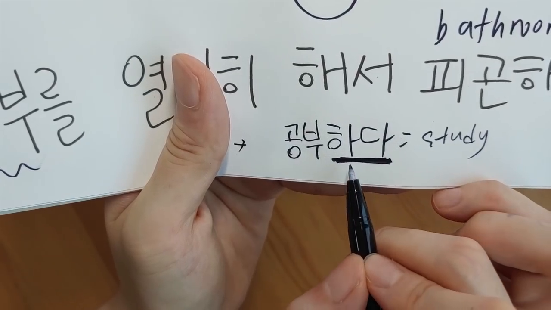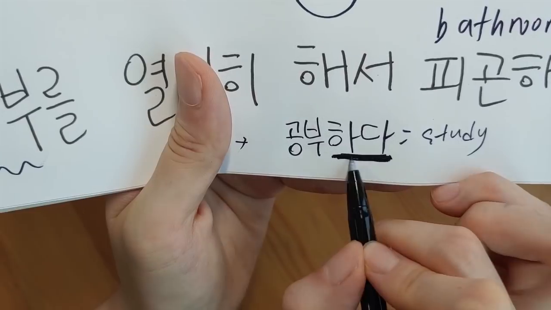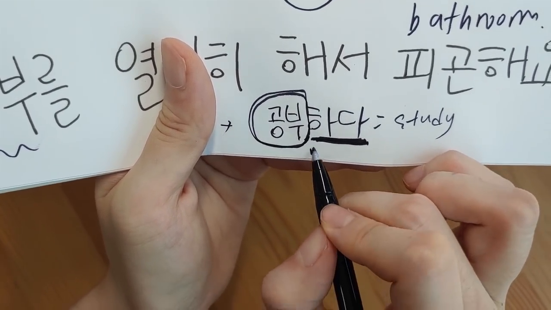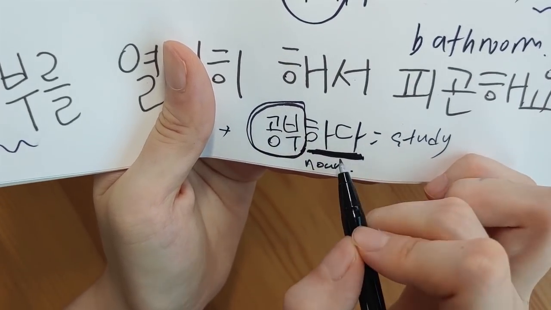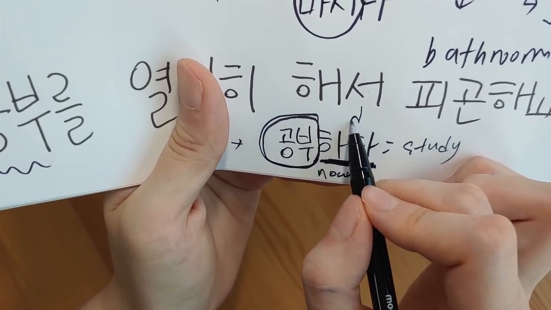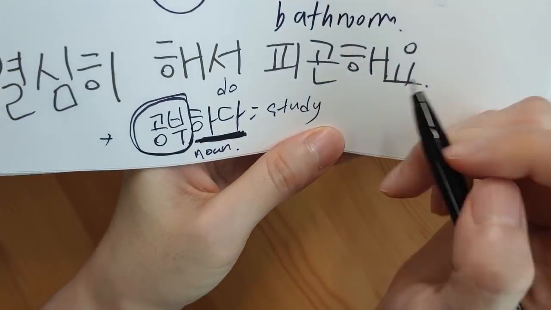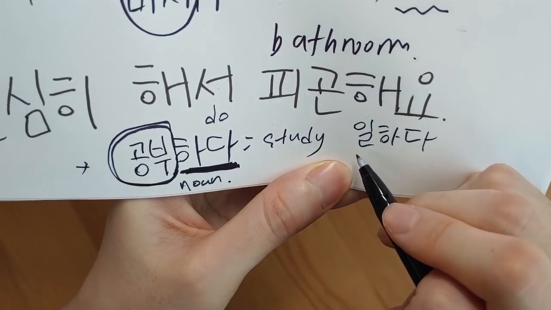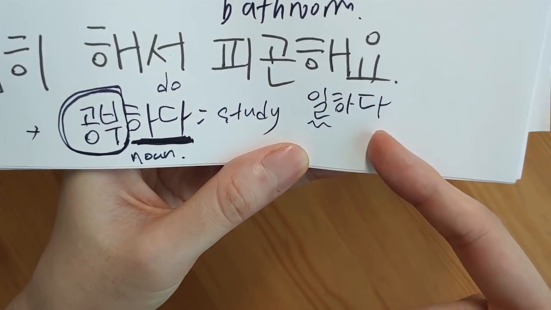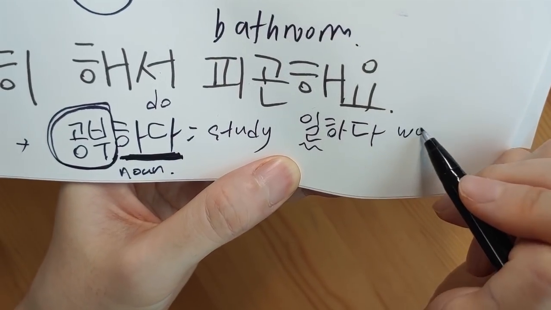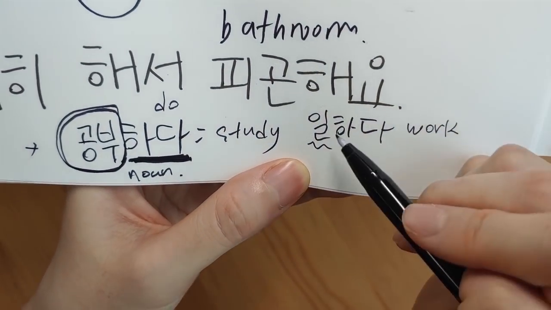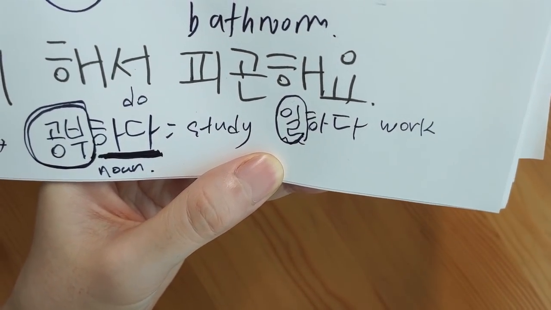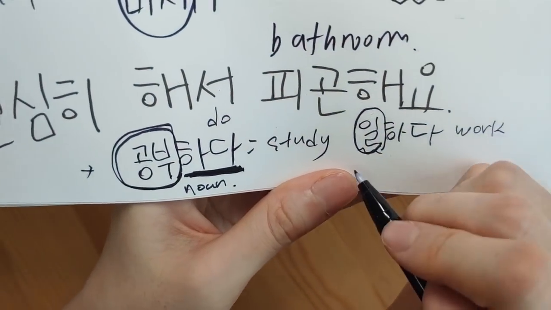But when it comes to verbs that end in 하다, the word before 하다 is always a noun. 하다 itself is a verb that means to do. So there are many verbs that end in 하다 that are combined with a noun. For example, 일하다 itself is a verb that means to work. But 일 itself is a noun that means work. I have a lot of work to do, that kind of work. And also,